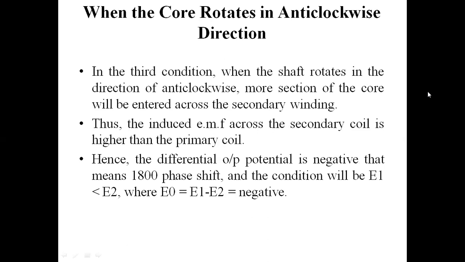The thing is that when you have an anti-clockwise direction, it leads to an increase in voltage in the other secondary winding. So thus the direction as well as the magnitude of angular rotation can be ascertained from the magnitude and phase of the transducer output voltage.